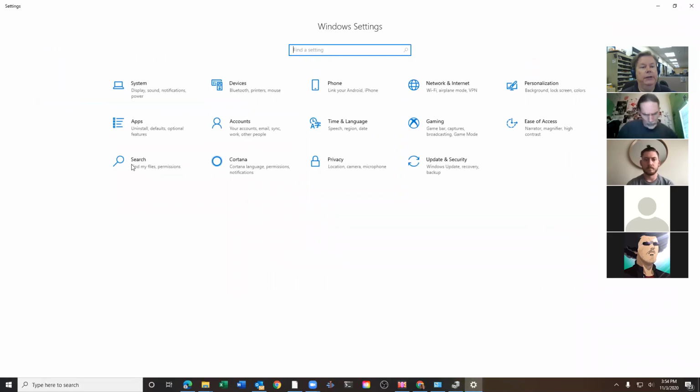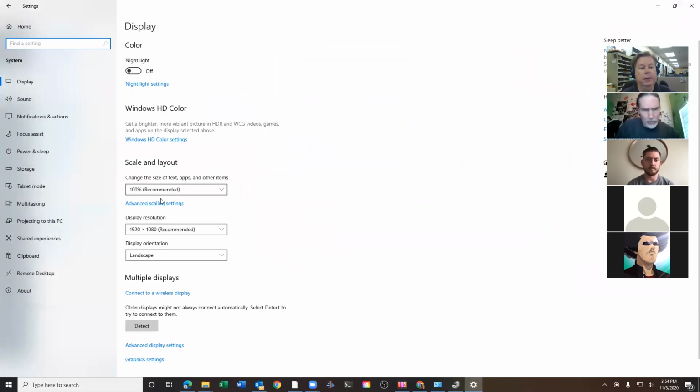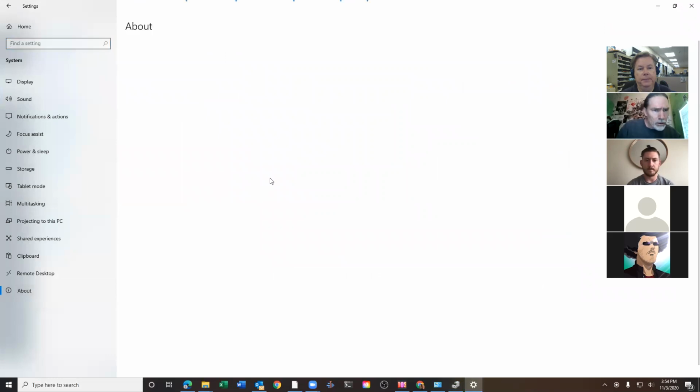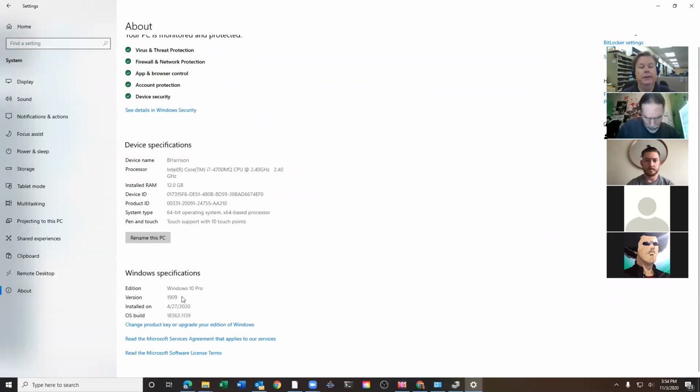Okay, so if we go to settings, we go to system, and then we go to about. Okay, this is down here. This is still on 1909. Okay, so my home machine, it updated itself, and I think it went to 2002 or 2004. 2004, I think you're right. When I did that on my machine at home,